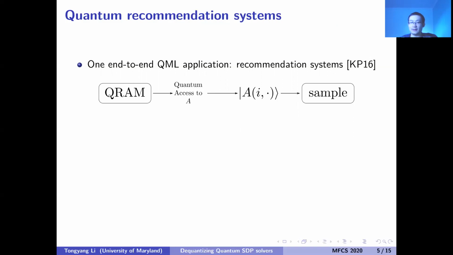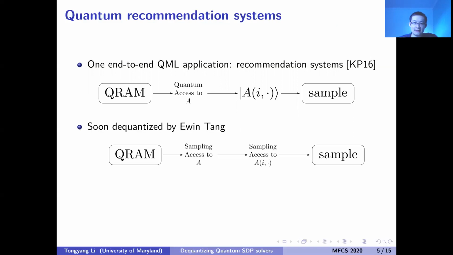the recommendation system problem. A very seminal result, published in STOC last year, due to Ewin Tang, is that for the specific problem of recommendation systems with a low-rank structure, you can replace the QRAM here by a certain kind of classical sample. So we no longer have the quantum state here, but instead we have classical sampling access to the matrix, and we can finally solve the recommendation system. Essentially, this dequantizes the previous quantum algorithm due to Kerenidis and Prakash, and gives a quantum-inspired classical algorithm with roughly the same